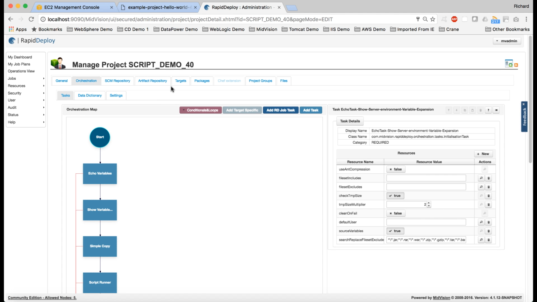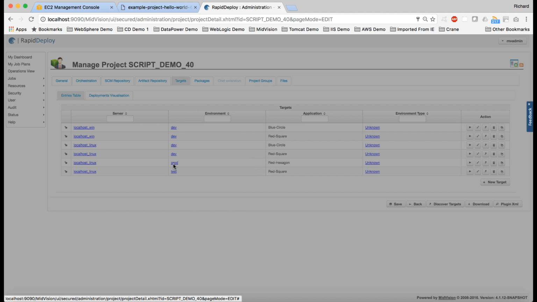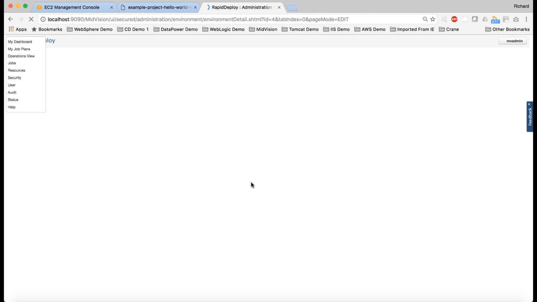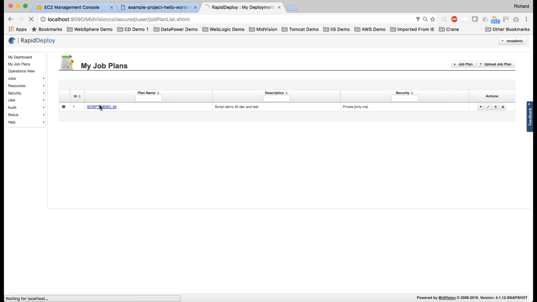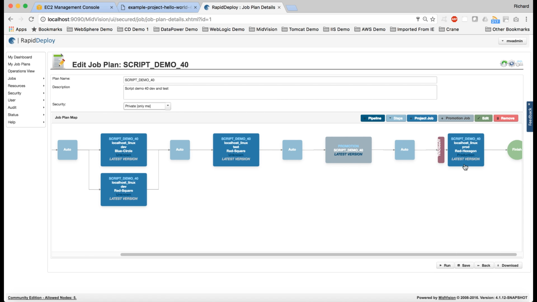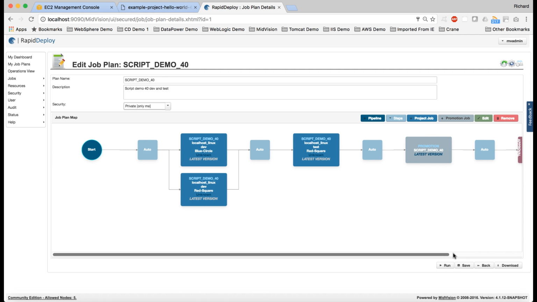I am going to go back to the target. I'm going to select that production target, and I'm going to go into the environment. We haven't really been onto the environment tab at the moment, and I'm going to change the environment type to production. I'm going to save that. Okay. So now if I go back to my job plans, and I go and look at this job plan, then you can see now that I've got an approval gate that's appeared in front of this script demo 40 into production. And if we now run this plan again,